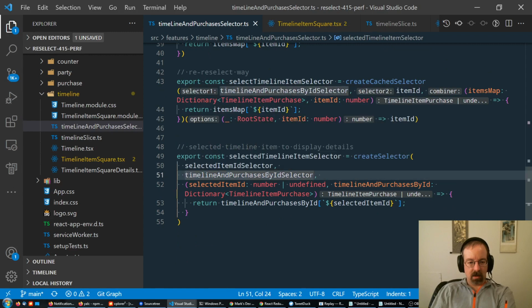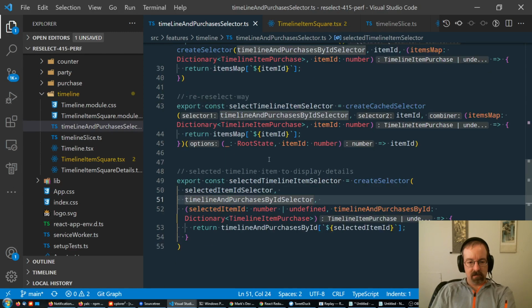And okay, yeah, there's at least a couple of different levels of memoized selector functions here. So I think that explains why we're seeing some of that nesting there. Okay, so